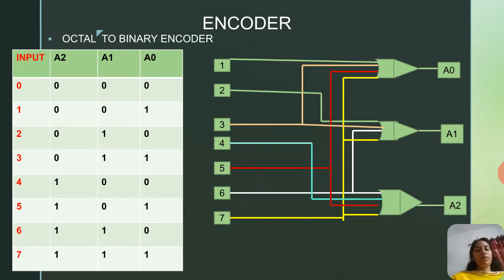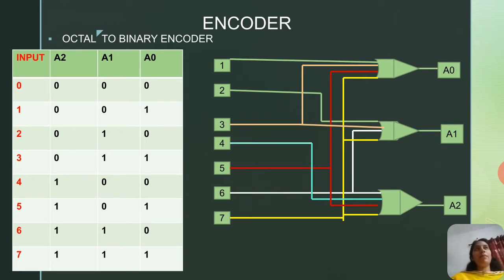Encoding is converting the high level language into binary. Then the computer will process the binary data and will give you the result in the form of human readable form, that is high level language. Converting binary back into the high level language is called decoding. So we all know about encoding and decoding.